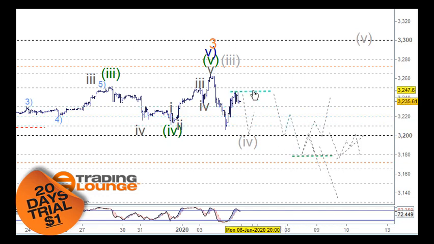So if we just copy that here again, if you wanted to go short, because we're using this number 2 here of minor group, this is minor group 1, 100, 200 and 300 of minor degree. The next degree down is sub-level. So this is 3, 2 here. So we've got 1, 2 and 3 here. So the same rule can apply here as well. So if that becomes the retested resistance,